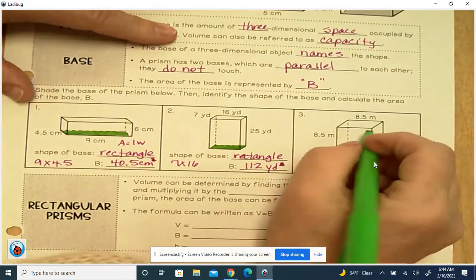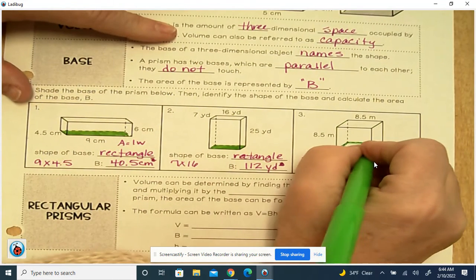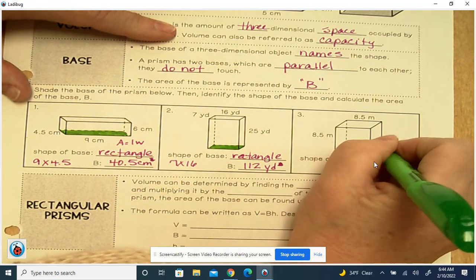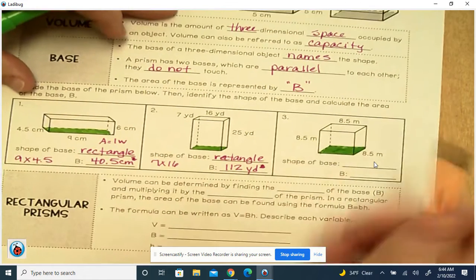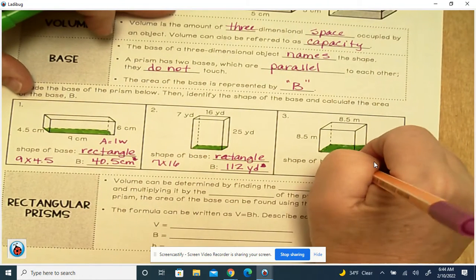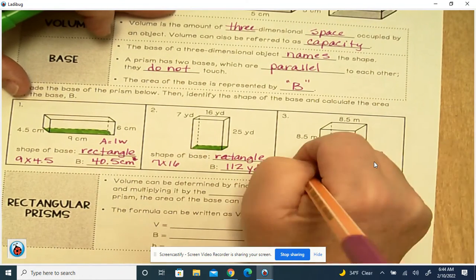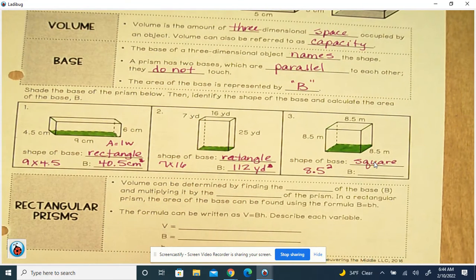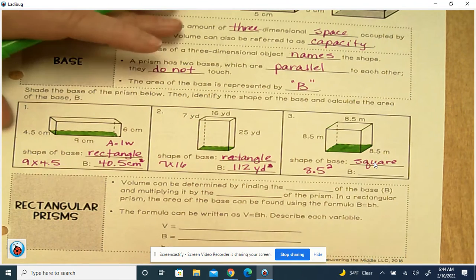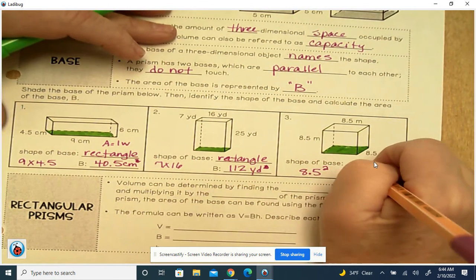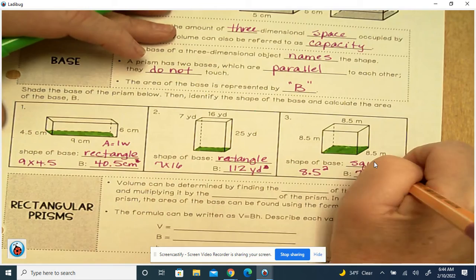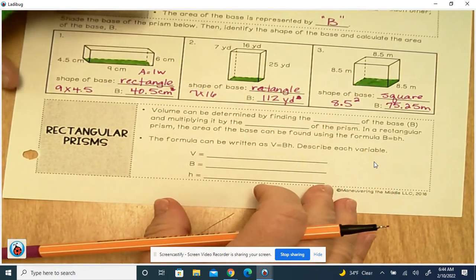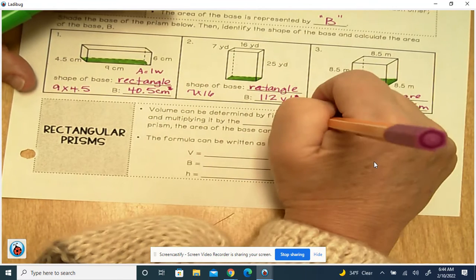And then this one with all these 8.5s, that means they're the same on each side, so that makes this one a square base. A square base. And this one's 8.5 squared. And that's 75.25 meters. All right. So rectangular prisms, the volume can be determined by finding the area of the base